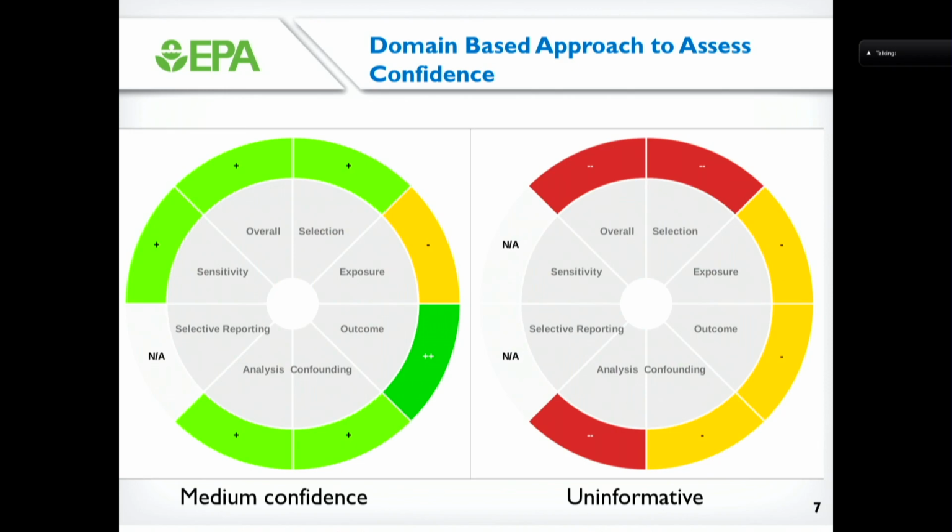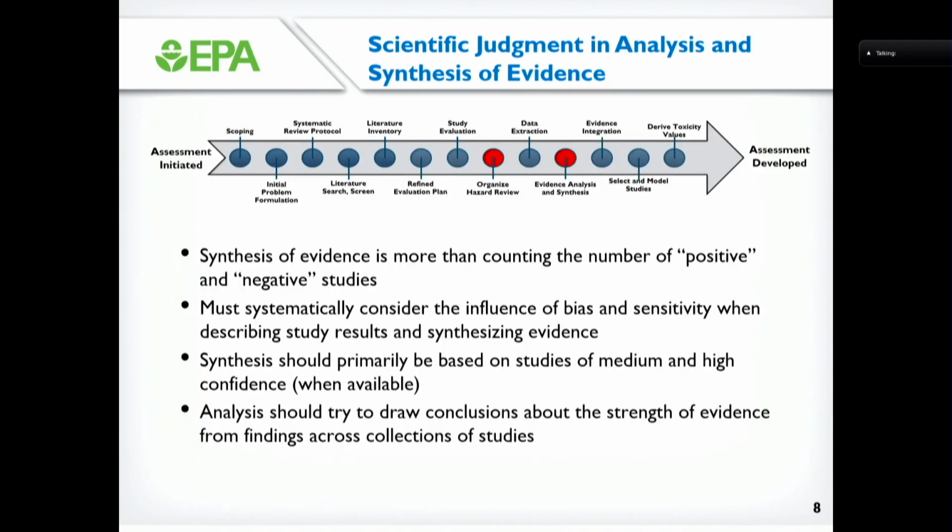So when we're doing our analyses and you have an abundance of medium or high confidence studies, you would likely not use the low confidence studies, and the uninformative studies you would really not use those at all. Okay, so that's sort of a critical piece, is understanding the quality of your individual pieces of evidence, so that now when you move into evidence synthesis and you're looking across studies, you can come up with judgments about your